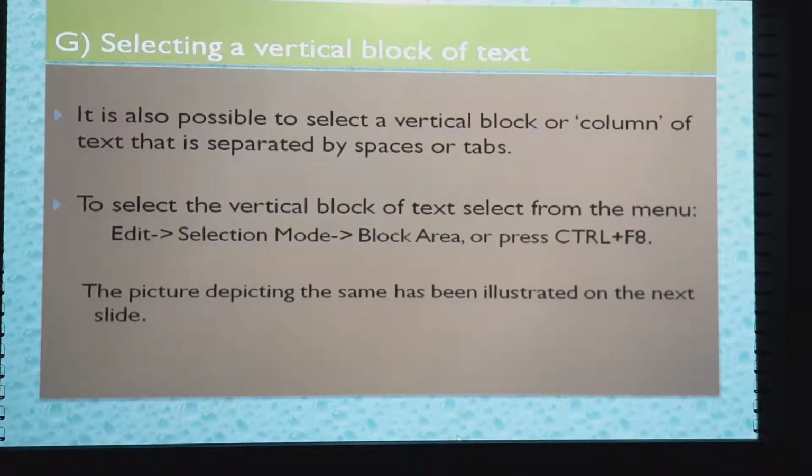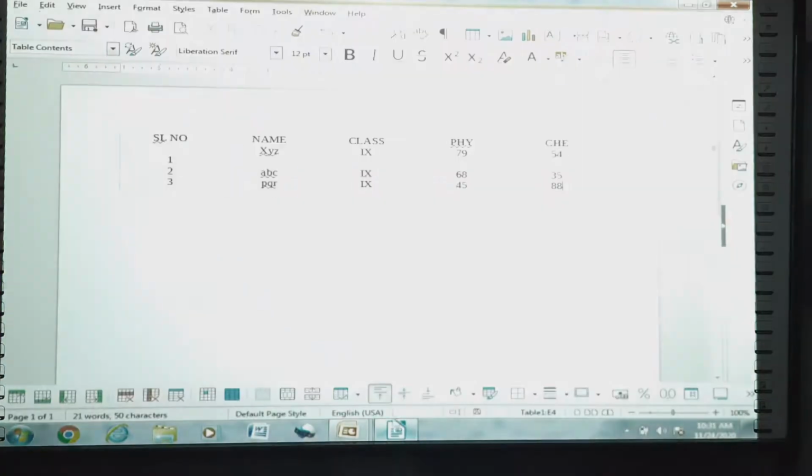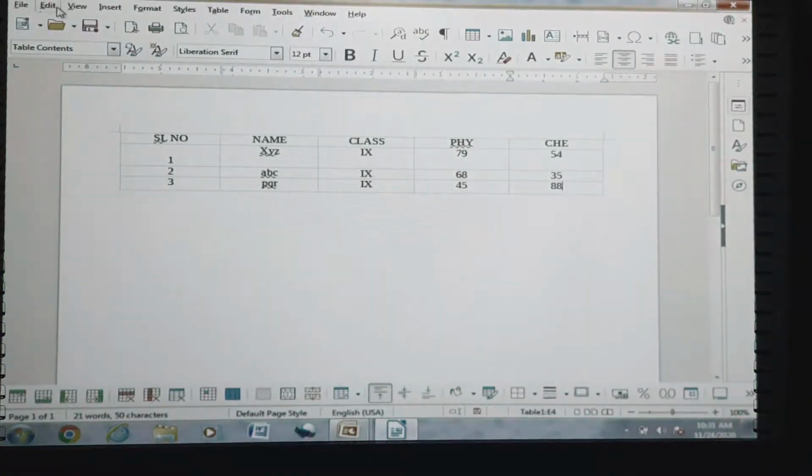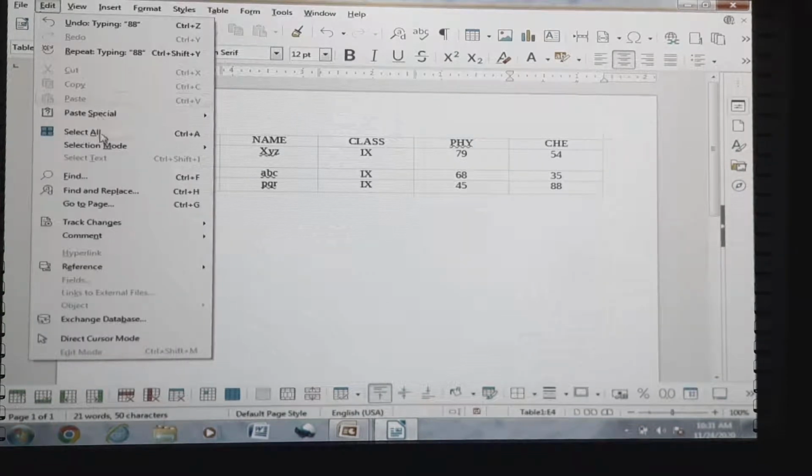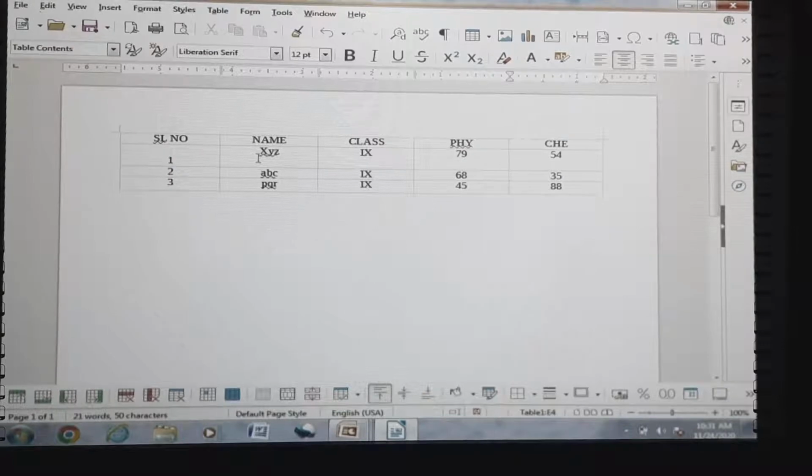First of all, Edit, then here Selection Mode, Block Area.